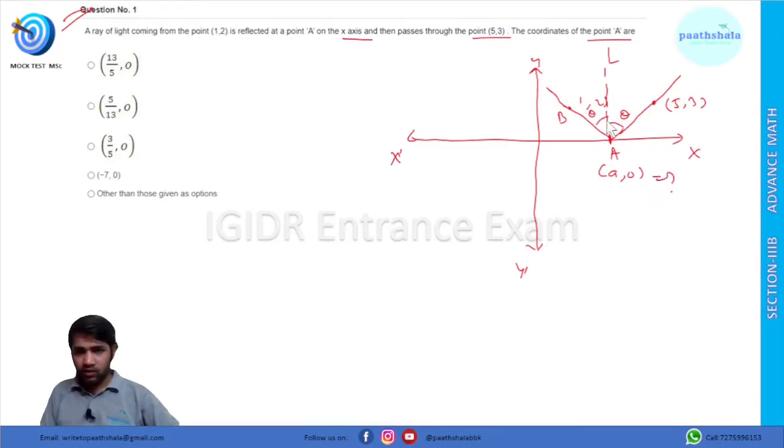Look at this, if this angle is theta and this angle is theta, and if I take this angle as phi, then this angle is also phi. In order to find the value of a, I find the angle phi in these triangles. Let's say this is A, C and D, and this is A, B and E. So in triangle ABE,